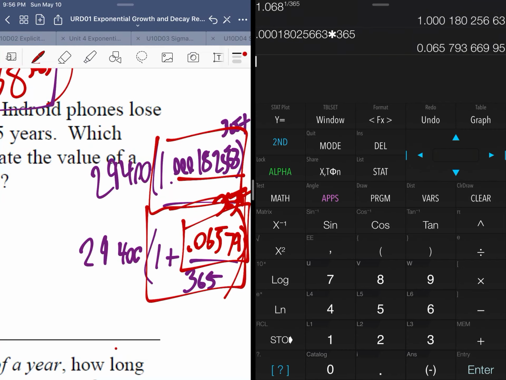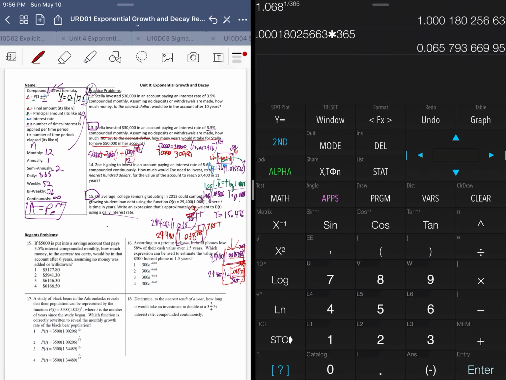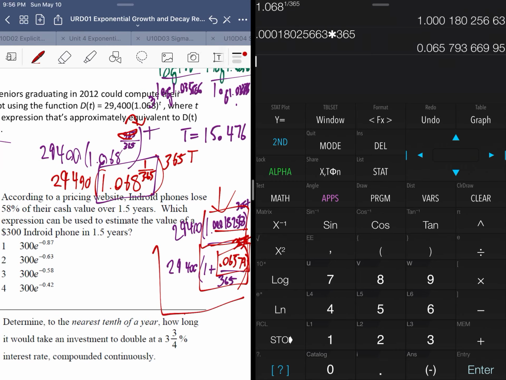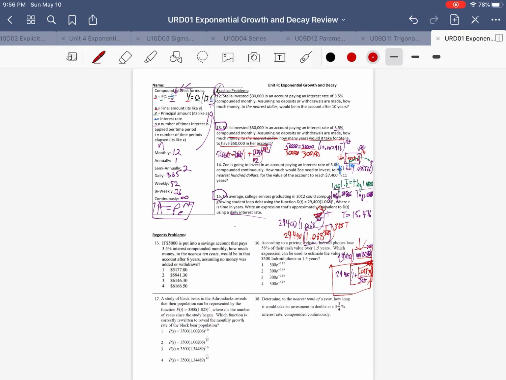Now, a lot of these problems on the Regents are actually not going to change from this point to this point. So on the Delta Math, they're probably going to stop here. But it could come up that they would ask you to go into this format. All right. So I want you to try the Delta Math problems on your own. I'll make an additional video if anyone has questions about any particular problem, but I would recommend you actually do the Delta Math assignments before you do